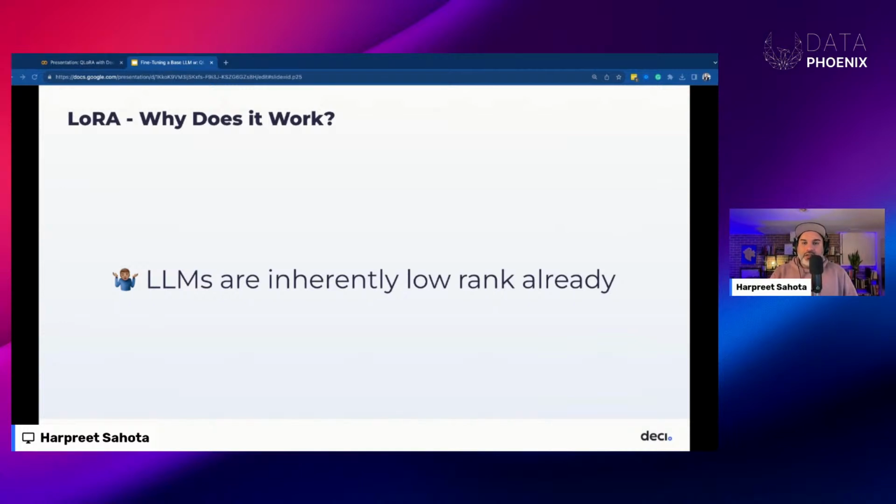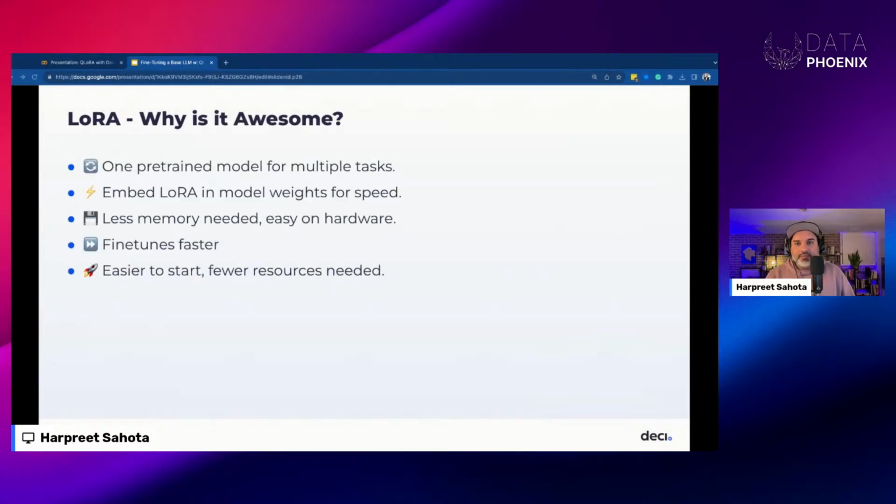Techniques like low rank approximation, which approximate the fine tuning update with that low rank decomposition, lead to more efficient and effective fine tuning. So we end up with a model that has really impressive performance despite having relatively fewer trainable parameters.